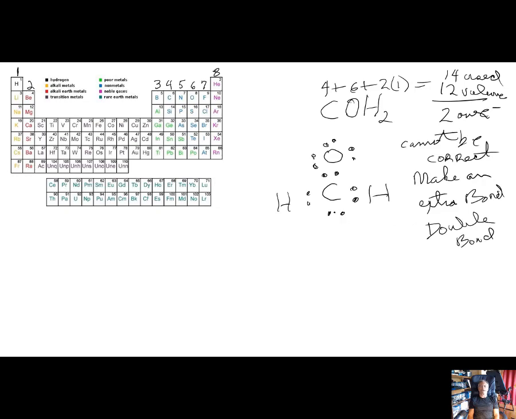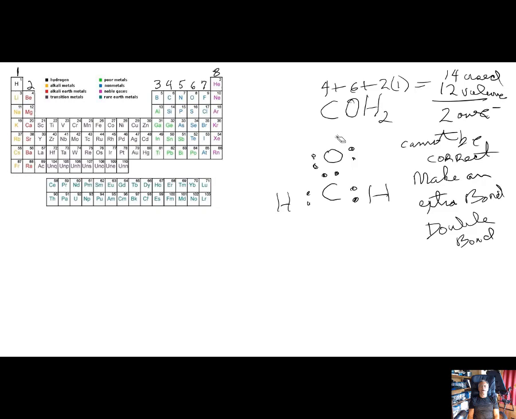All right, so here we go. How do we make a double bond? Well, you can't make a double bond to hydrogen. Hydrogen can only handle 2 electrons. A double bond is going to have 4 electrons. So we're going to take these 2 electrons from carbon. We're going to take these 2 electrons from oxygen. What we're doing with them is we're going to throw them away. So we're throwing away 4 electrons,